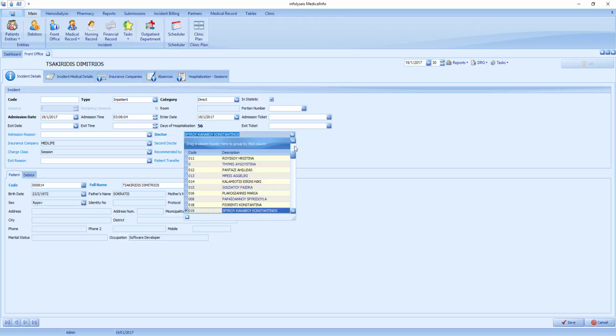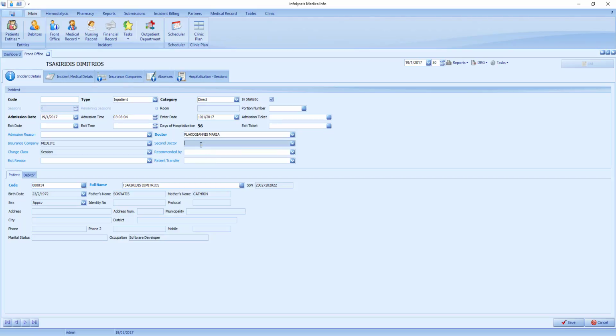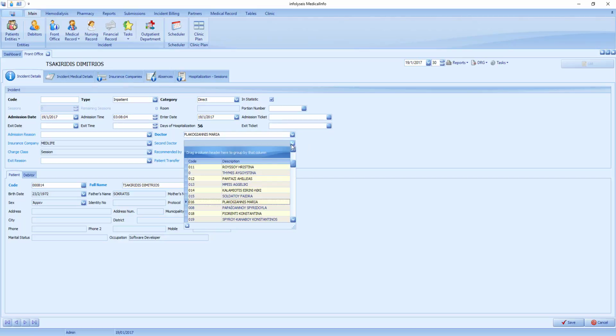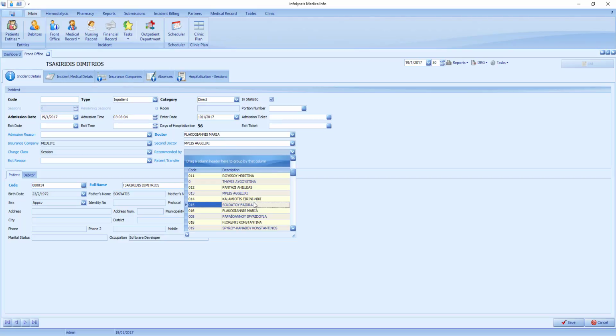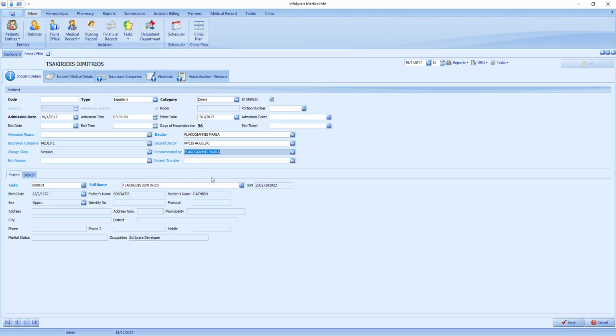We will select his attending physician. We can select a second physician, and we can select a doctor or a physician that recommended this patient to enter our facilities. We can enter the main diagnosis. We either select